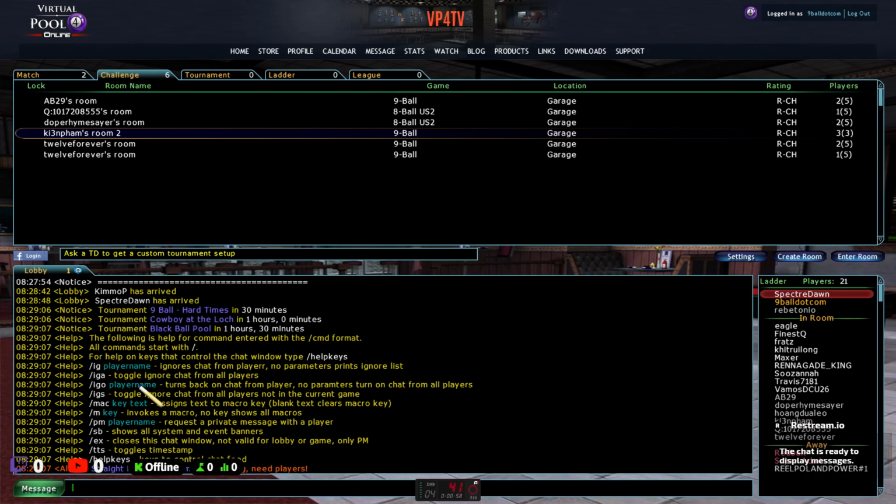Now, there's stuff there that, if you read it, it tells you what it does, but there's one function which is macros. Now, I've never used macros in anything on a computer. I don't understand them, I never have done. But macros is a feature that you can use in VP4. Now, again, my idiot's guide to what a macro is: a macro is a feature that allows you to save a line of text, say something that you use regularly in the chat,